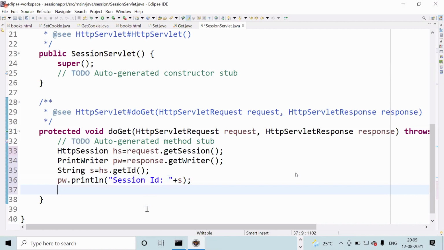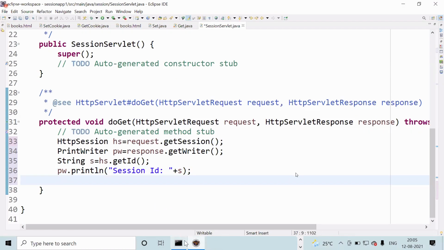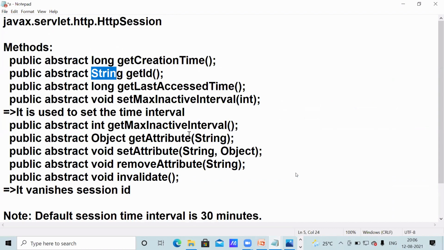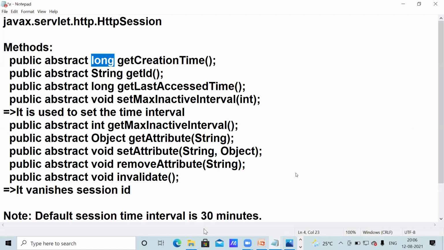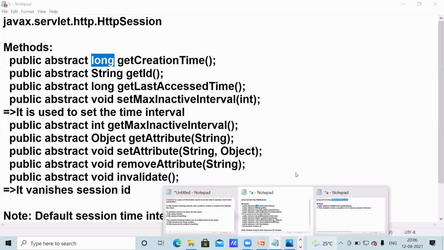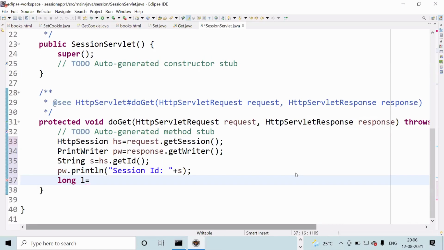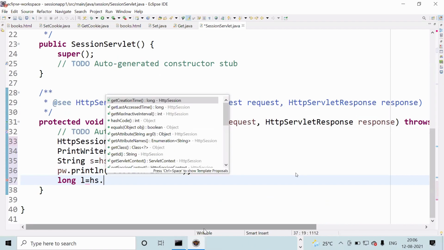Like this only. Some other, when the session was created, when last accessed. This is all I want to call. getCreationTime. It returns long. So long L equal to hs dot getCreationTime.